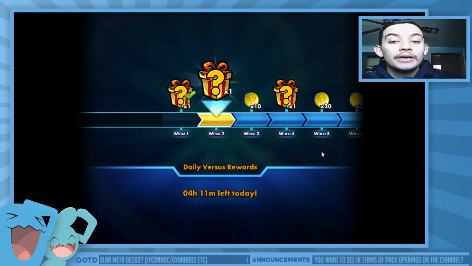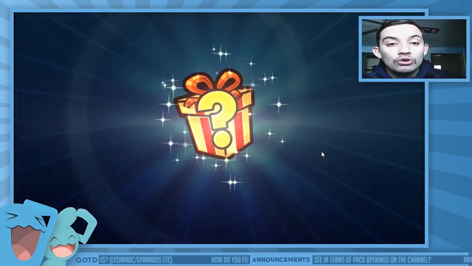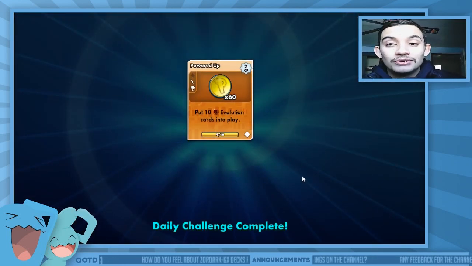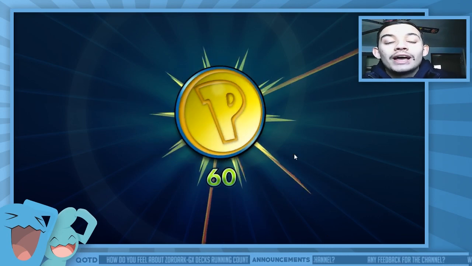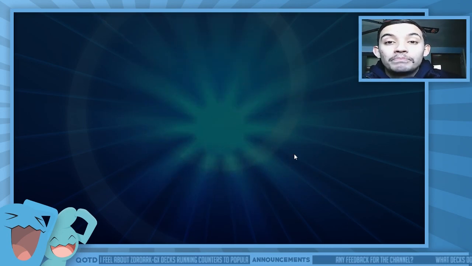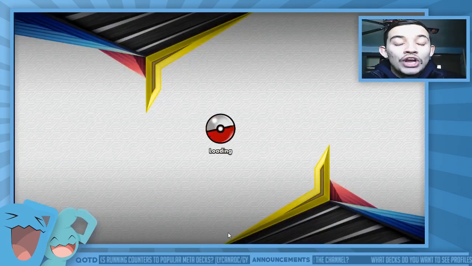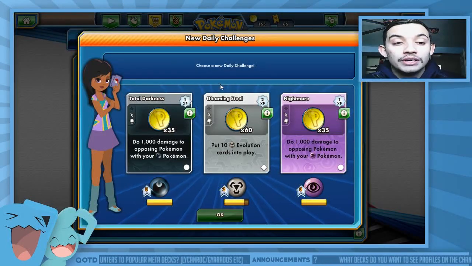We delayed his setup because he already used the Tapu Koko Prism Star. So this is pretty much what this deck was actually made for. It was to counter Zekrom Pikachu decks that were going to be played at Oceania. And that's pretty much how Zoroark works, really, is